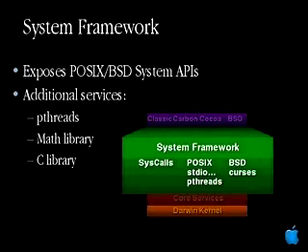There's a number of pieces that compose the BSD component, if you will. One is the system framework, and this is basically the set of libraries that actually expose the system APIs. In addition, as part of the system framework, there's other OS personality services that are provided, various other libraries, things like the math library and the standard C libraries, and things like pthreads. That's all part of the system framework. And if you're interested in more on the system framework, we'll be talking more about that at a BSD session later this week.